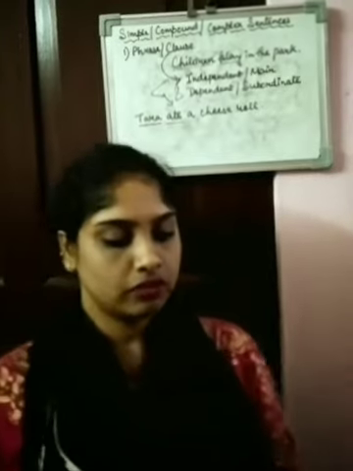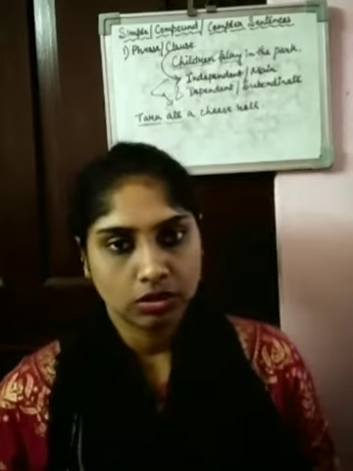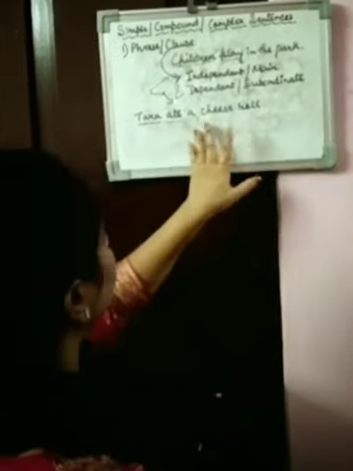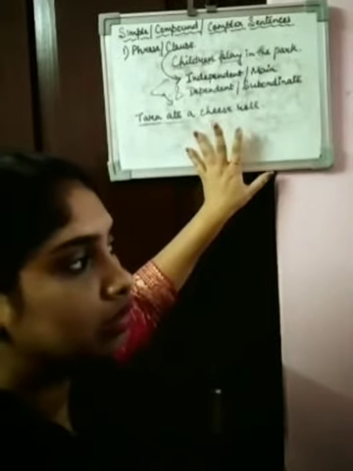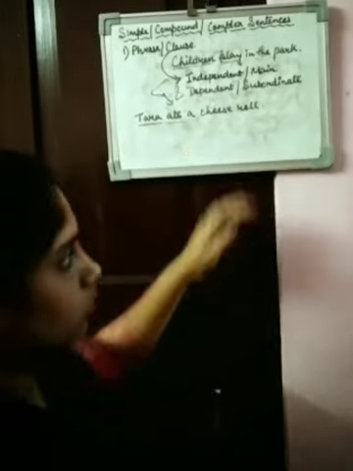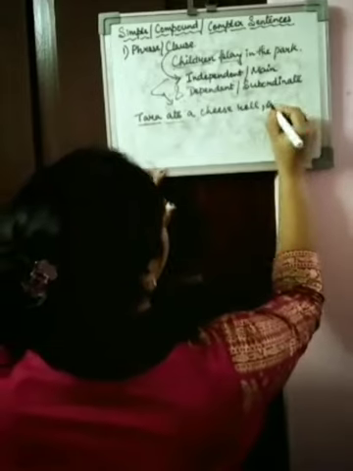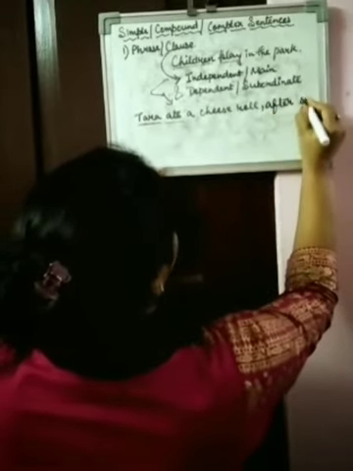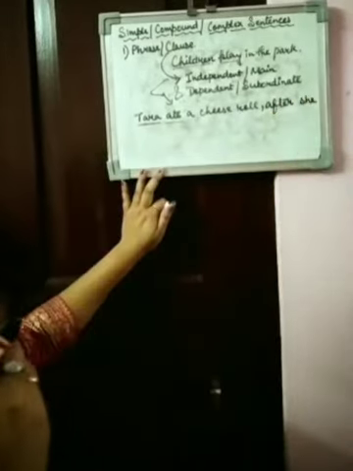We just have to see if the subject and the verb are present or not. If present, then it's a clause, and we can say that it's an independent clause. But now, if after this I add, after she watched the news,